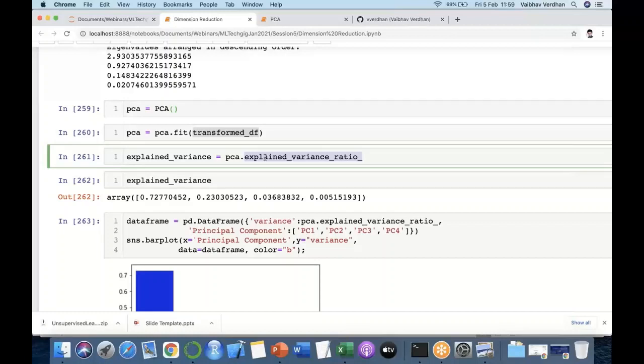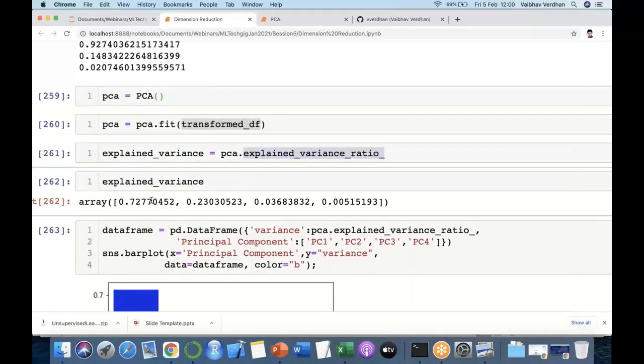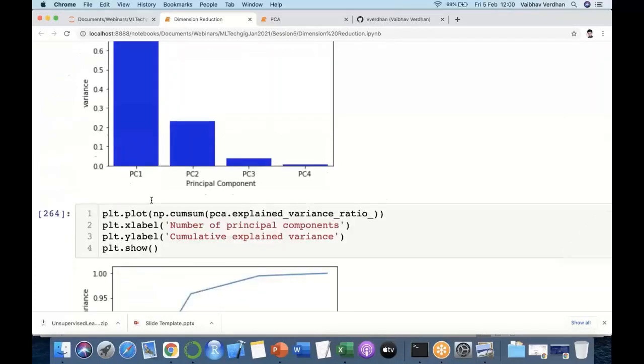Over here we got 4 components. The first component is able to explain 72% variance. You can see it over here. The second component is able to explain 23% variance. Then 3.6% and 0.05%. So if I plot these variables in a chart,